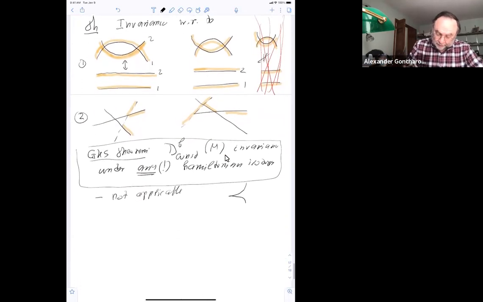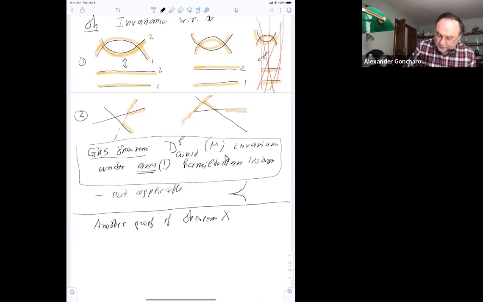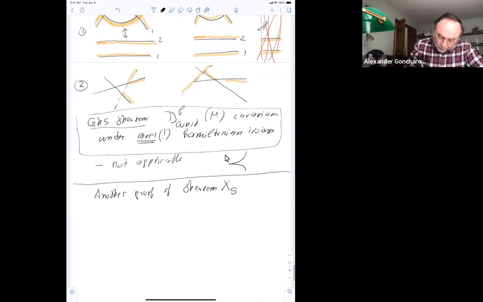All right, now, having said this, I can give you a one-line proof of the theorem which we had before. So it's another proof of what I call theorem X, which lives at that point on the surface. This is a theorem about equivalence between m-dimensional flat connections and one-dimensional flat connections on a bipartite graph. So here is the observation. First of all, what kind of bipartite graphs do we consider on surfaces?